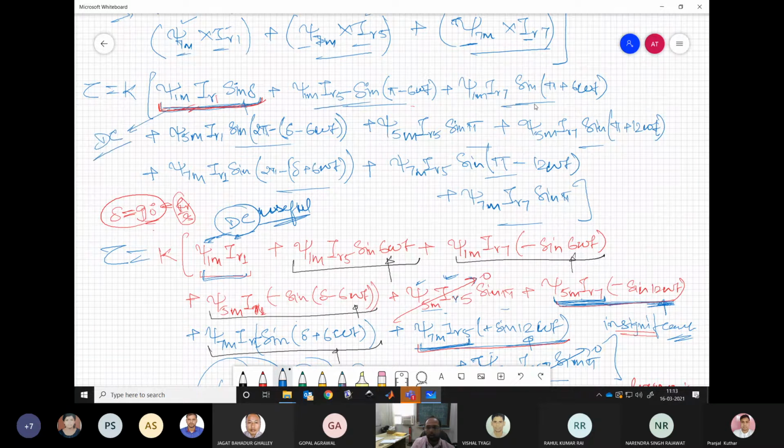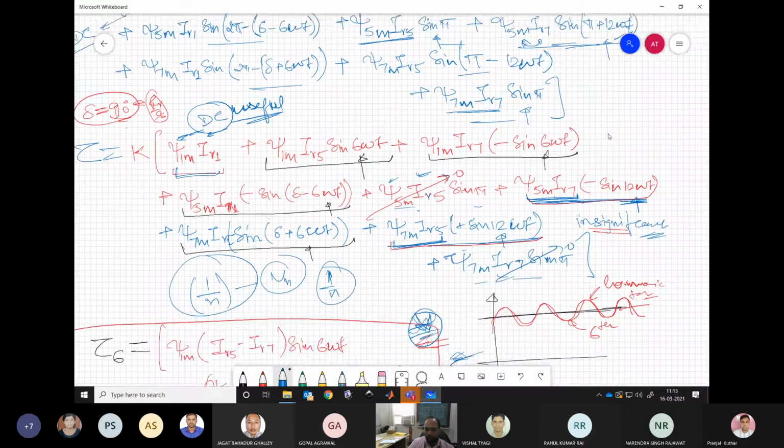And the rest of the other components, what we are seeing over here. Wherever we have two different harmonics getting multiplied, that gives rise to the harmonic torque component. And wherever we have the same harmonic quantities getting multiplied, that gives either a DC value or 0 in case of harmonic. All other values have some harmonic frequency, which means either there will be 6 omega t or 12 omega t, depending on what is the relative speed between the quantities and the respective angles.